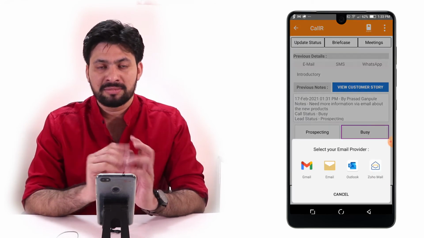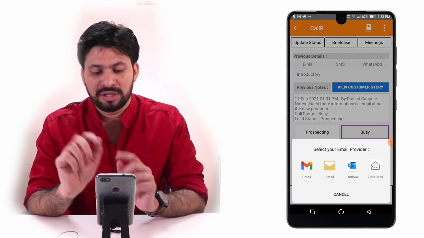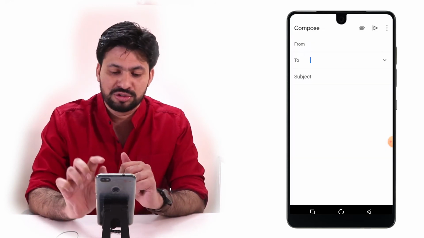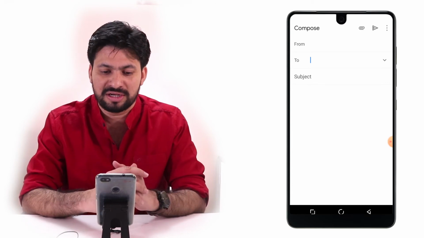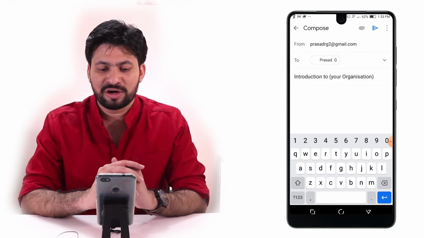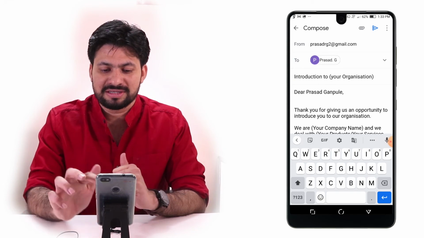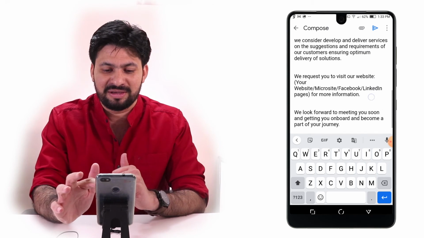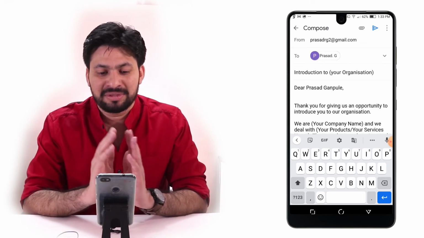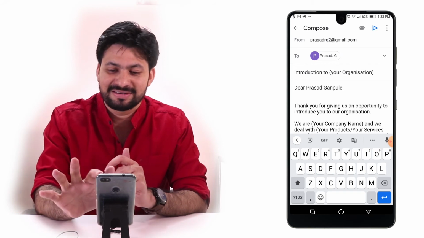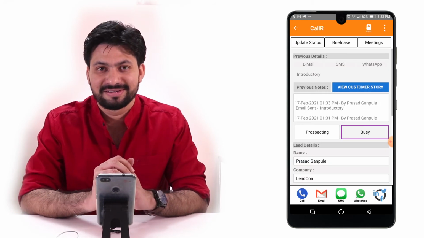In your case, it might take you directly to the email, or it might give you a pop-up with all the different email clients. I choose the email sender through which I wish to send the email. You may choose yours. Once done, we are already in email, and you can see all the different details of the email with the name. Everything is at one place. I just have to press send, right?